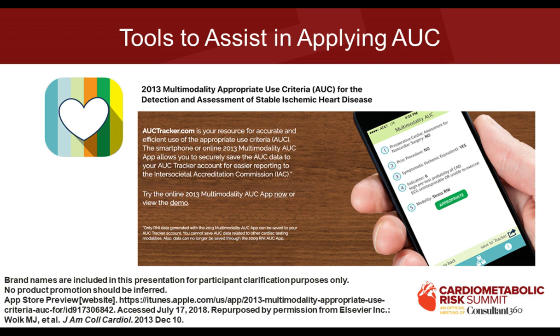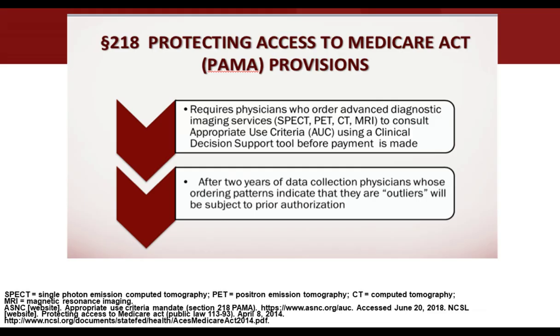I remember when I gave my presidential speech at ASNC about 5 years ago, and people said to me, I said, we have to get out of the silos, all right? We may know the documents, but we've been talking to the choir. If we don't get out and educate people, you're not going to be able to understand how to use these documents. And it's not just theoretical, because in 2014, Congress passed the PAMA Act, which was a lead-in to the